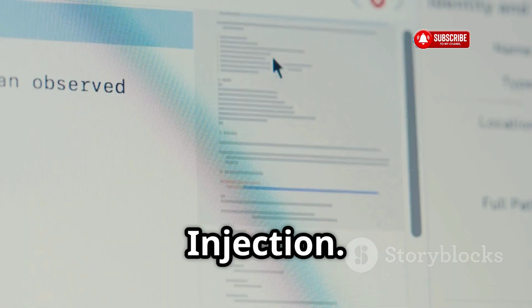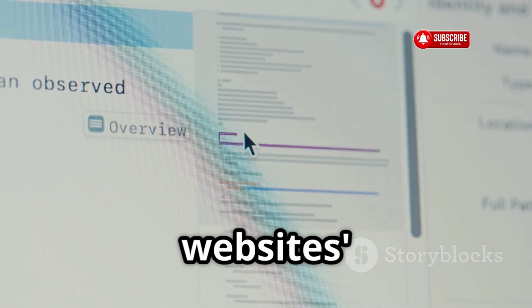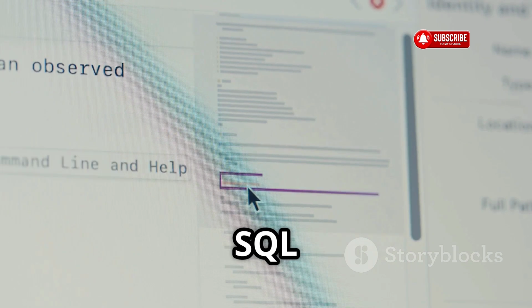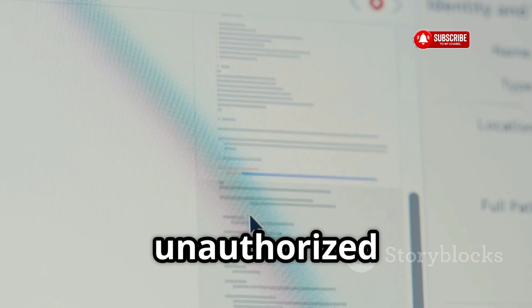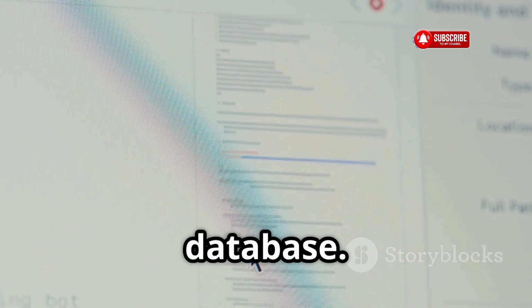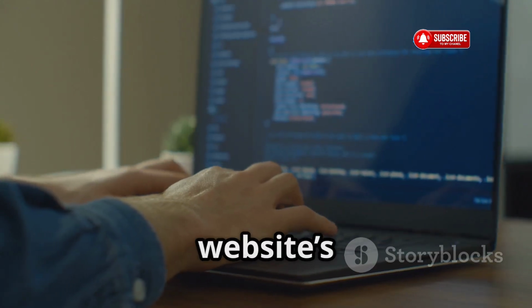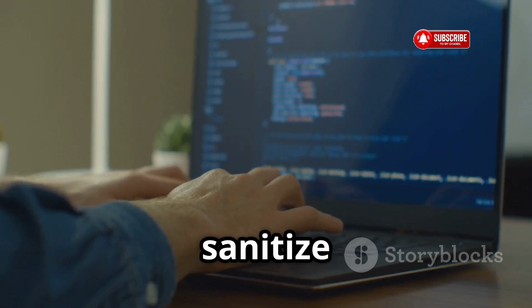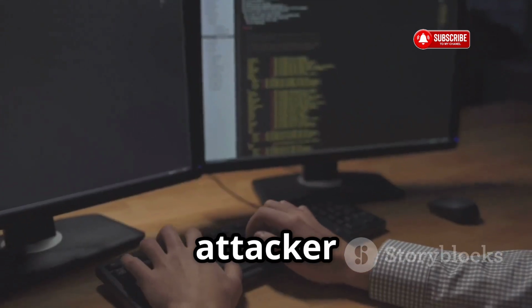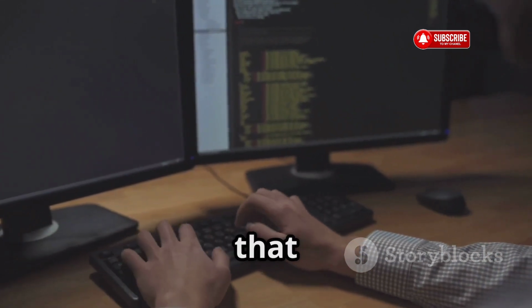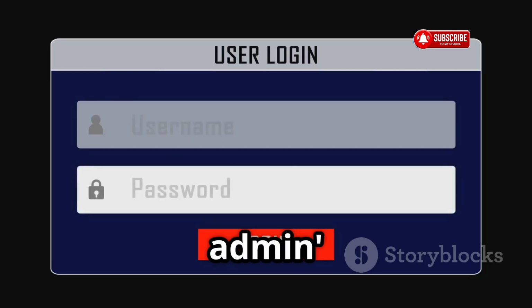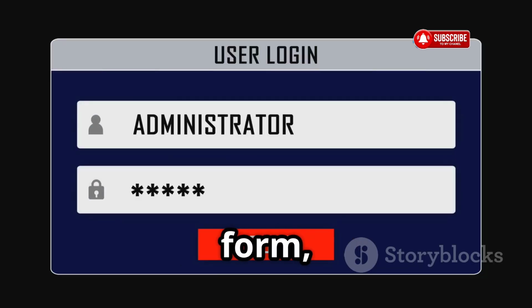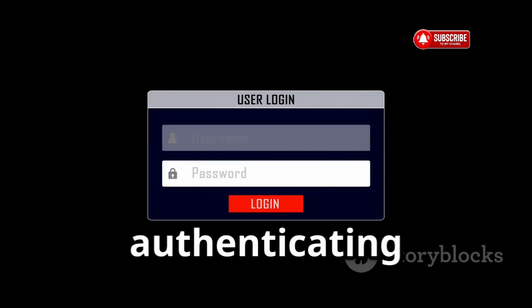SQL injection. SQL is the backbone of most websites' databases. SQL injection attacks involve manipulating input fields to execute unauthorized commands on a website's database. For example, if a website's login system fails to sanitize user inputs, an attacker could input SQL code that bypasses authentication. By entering a string like admin in a vulnerable login form, the attacker tricks the system into authenticating them